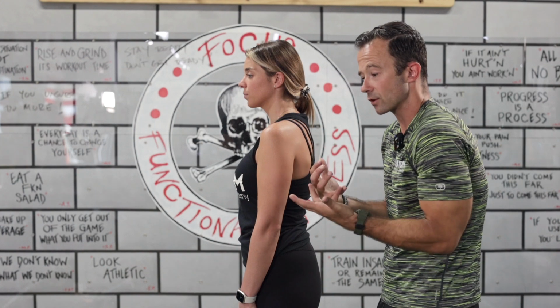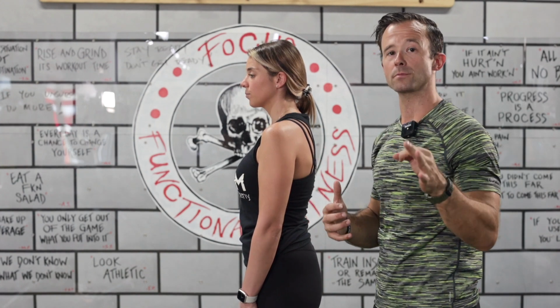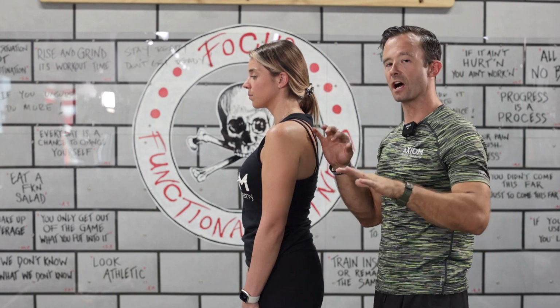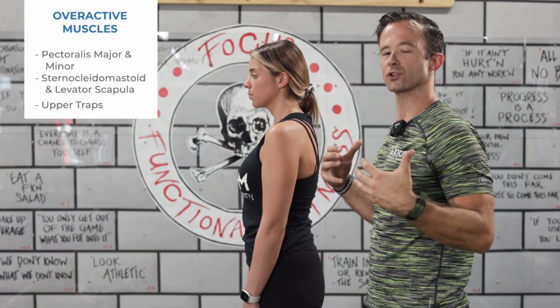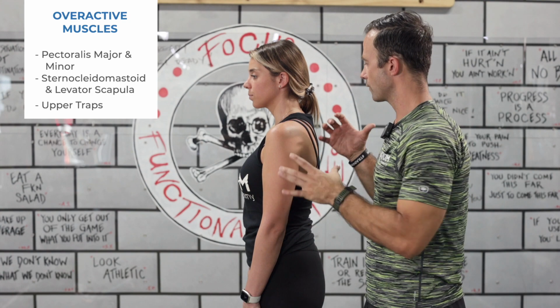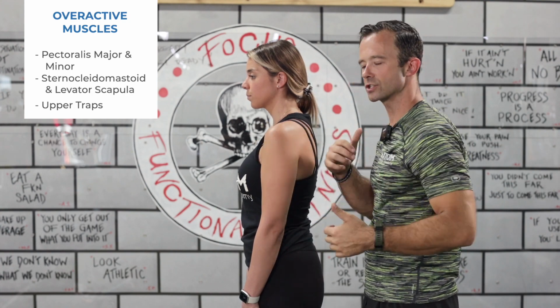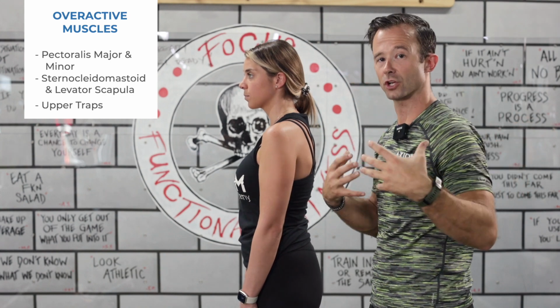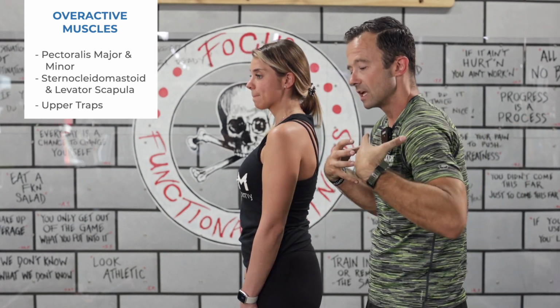It may be because how they're holding themselves throughout the day, but there are some things that we can do about it as far as exercises and choices in the gym. First off, overactive muscles. What muscles might be pulling us in this position? So if we have this forward position of our shoulders, 2 of the most common likely ones are going to be our pec minor and our pec major, as the pecs attach to our humerus and pull us into this